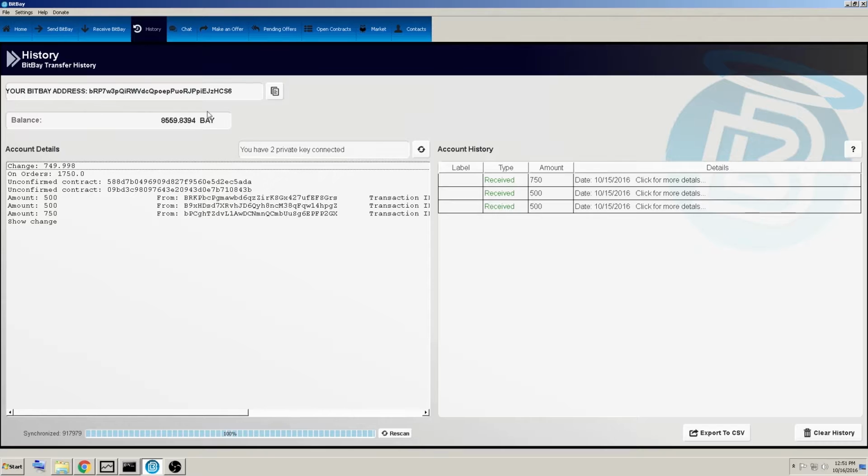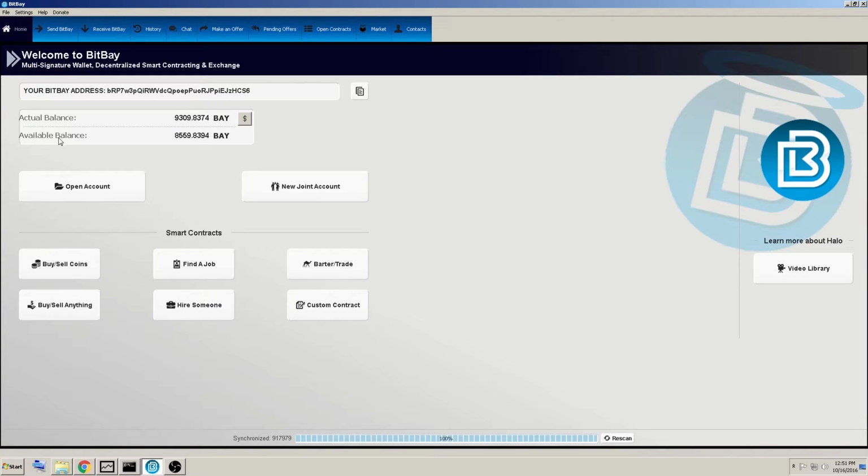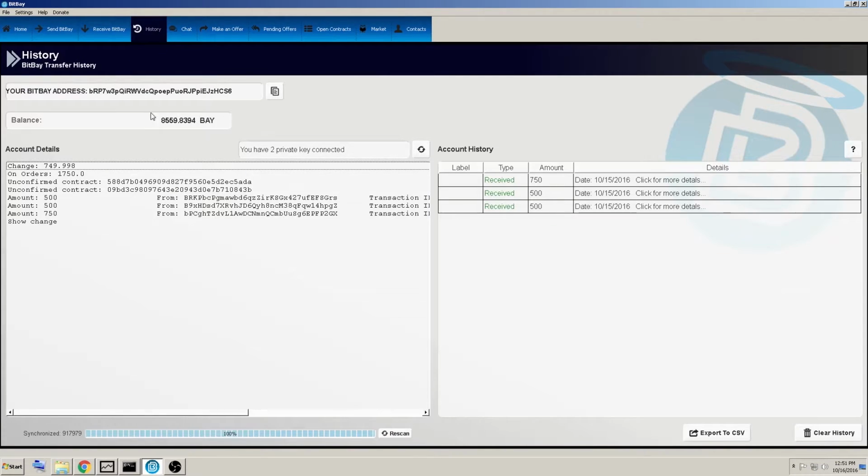All right, the history tab. Here again, your address, your Bitbay address, your balance. Obviously, you can see there's a difference here. It's just showing your available balance. So,